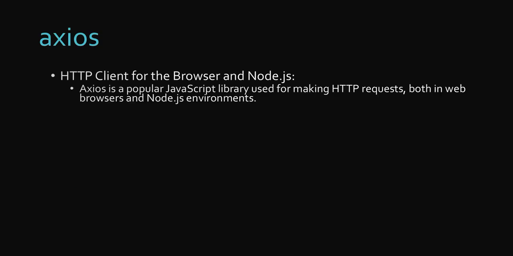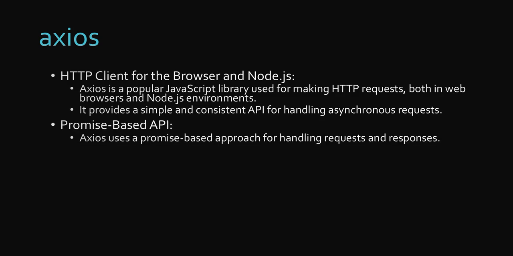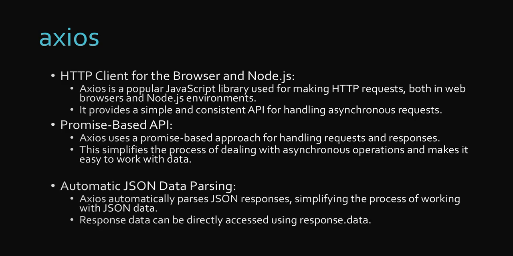Okay, let's discuss how to use Axios. Axios is a popular JavaScript library for making HTTP requests, either in web browsers or in Node.js environments, and it provides a simple and consistent API for handling asynchronous requests. We have already seen how the request for posts happens, and we'll be rewriting the same example with Axios. Axios provides a promise-based API and internally handles some of the code for us. Instead of having two chained thens, it will internally parse the JSON for us, and we should still be able to use the async and await syntax pattern to get the data